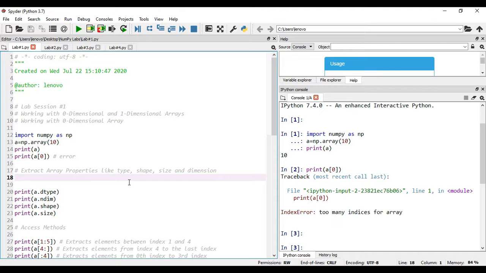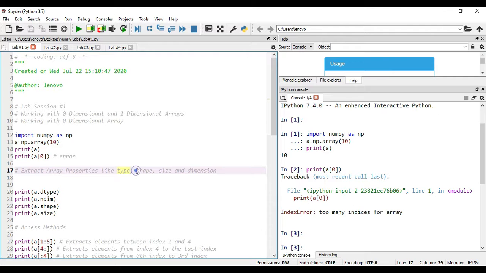Python does not allow you to store different types of elements in a single array. You can create arrays only with integer values, or only with floating point values, or only with string values, but you cannot use a combination of different data types. If you want to know the data type of the array you have created, then you can use this property.